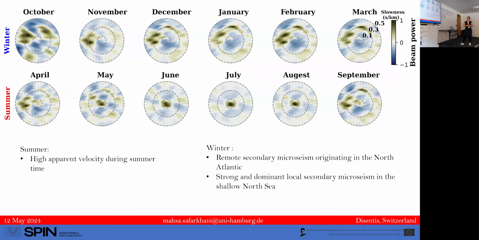And also for the summertime, we can see in the beamforming that most coherency is related to a slowness range lower than 0.1, which can be attributed to P waves created by distant sources relative to the Gräfenberg array. In this way, we are familiar with the seasonality variation in our study area, and in the next part, I want to investigate the seasonality variations of the coda of correlation beamforming.